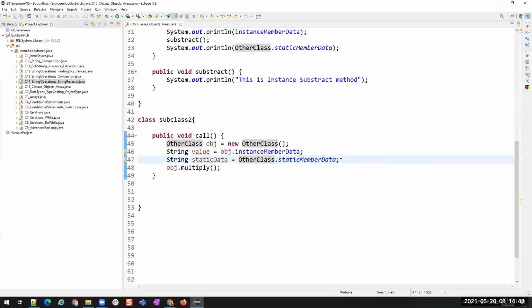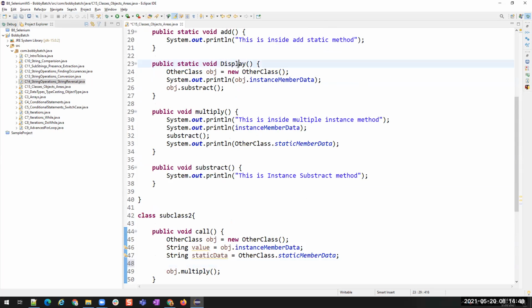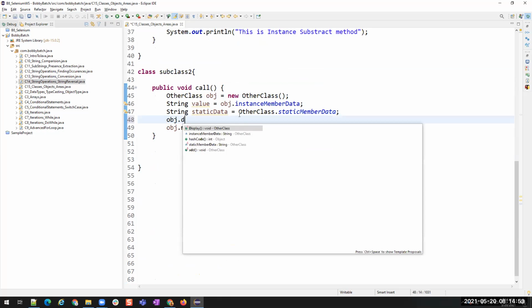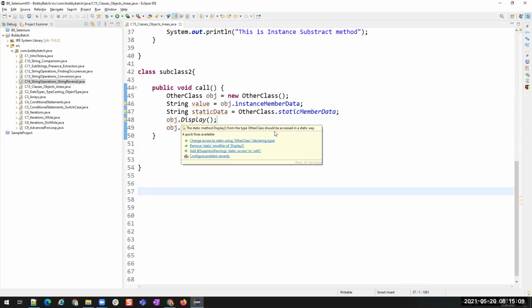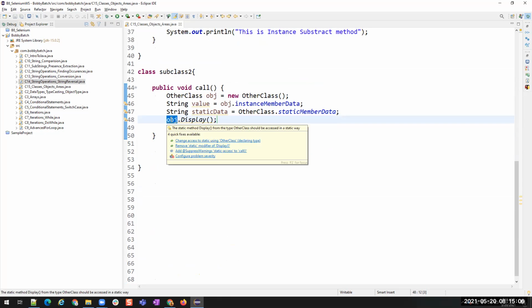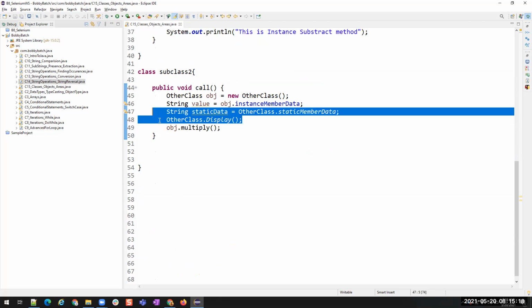Okay. Even same, if you want to call a method of static member, okay, I have this static method display, and this is instance area. If I want to call that object dot display, you can call this, but this will throw an error, I mean warning. See, again, static method display from the type other class name should be accessed in a static way. You can access like this, still it will work, it will not throw any error, but this is not appropriate, because this is a static member from other class, so you have to use class name dot. You see the warning is gone.